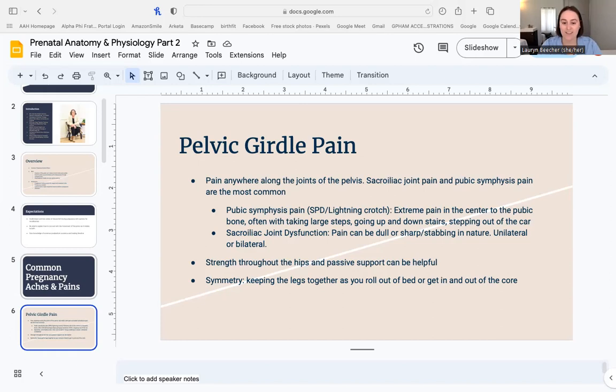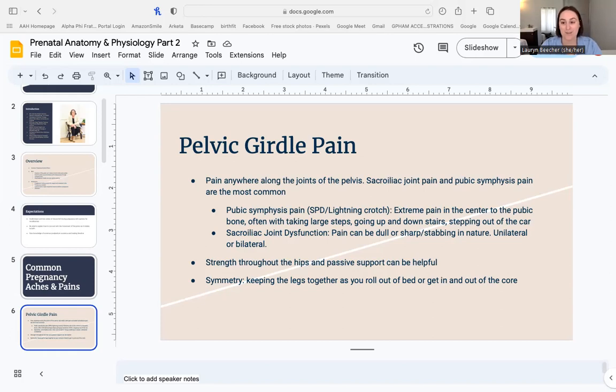One thing to be mindful of here, when there is that pain in the front, if they mention it's pain with urinating, please, please, please recommend that they go and get tested for a UTI. I've had a couple of people that thought maybe it was the beginning of pubic symphysis pain, and sure enough, they had pain with urinating. There was an odor to their urine, and it ended up being a UTI. So just something to be mindful of if someone is mentioning pain at the pubic bone.